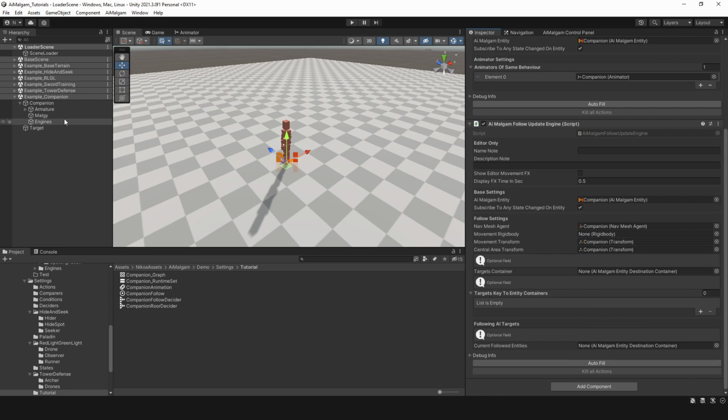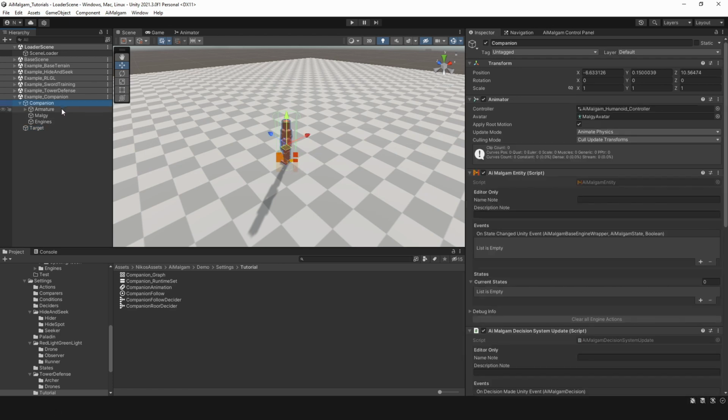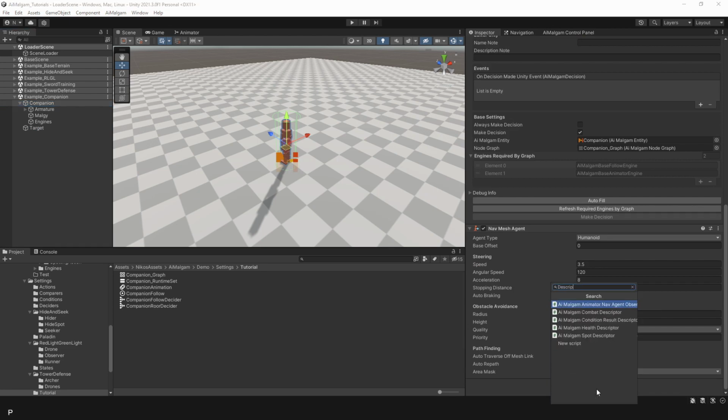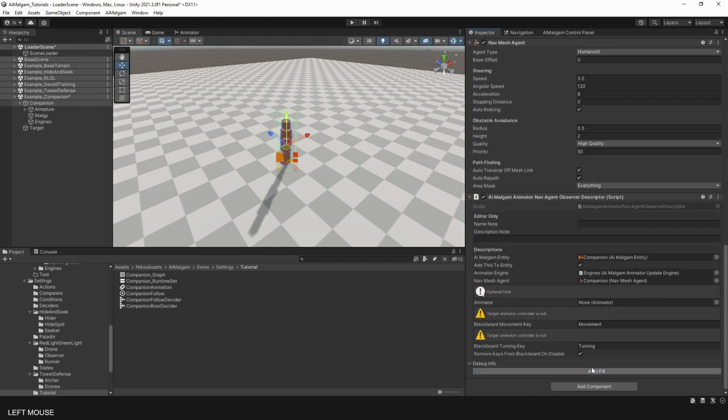Alright. Target is registering itself. And we don't have the movement descriptor set up. We want to read from the navmesh agent